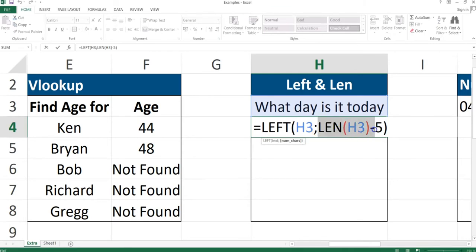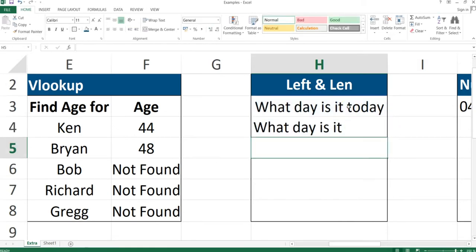So it ensures that all characters or all positions in this range up to the last 5 characters are returned. Okay, and that's why you have "what day is it" instead of "what day is it today." Now, another way we can use this is